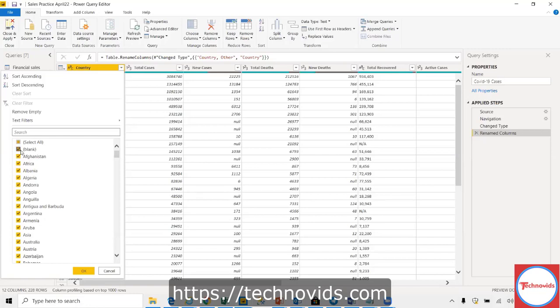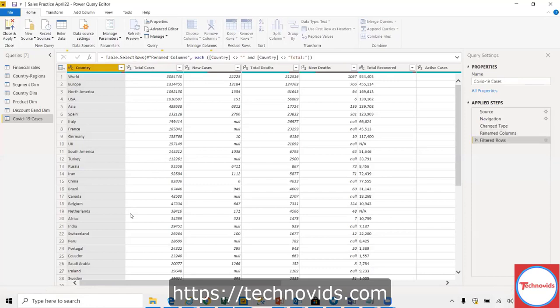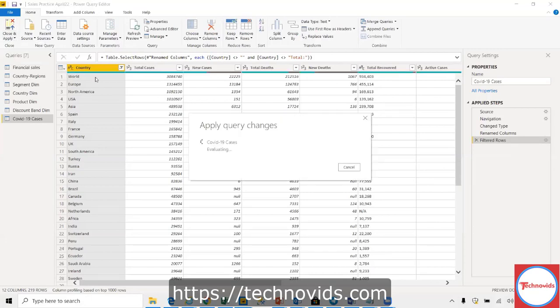Blank I don't need because it's a country, right? So I'll remove that. Europe total, okay, I think it was in the other field. Let me do this, and apply. Okay, world is still here. Should I remove that?